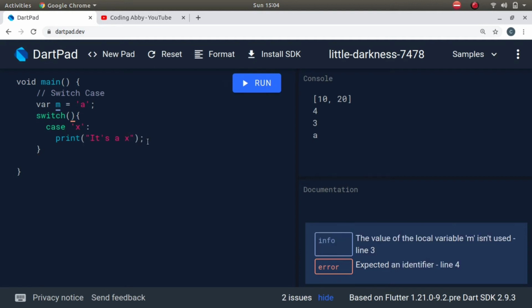Let me write the code first, then I will explain what it is.